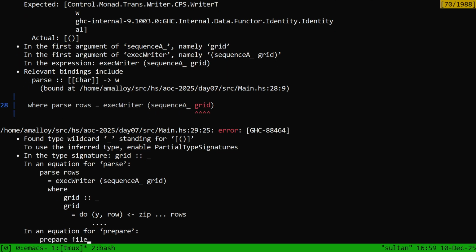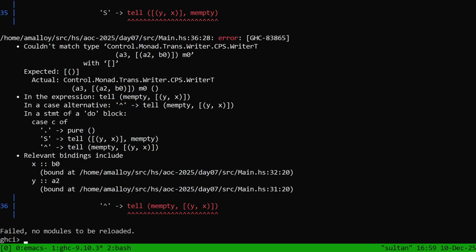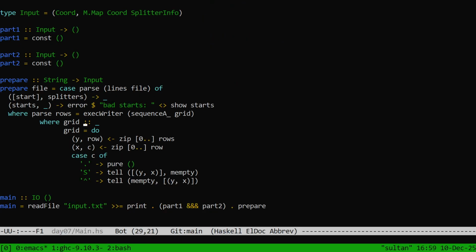Yeah, but that's not what I want. Okay, so grid should be a list of writer of pair of coord